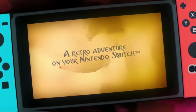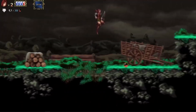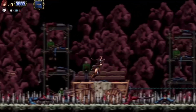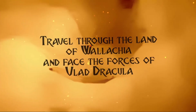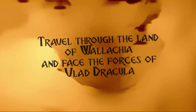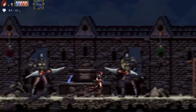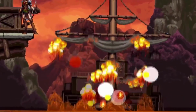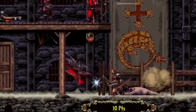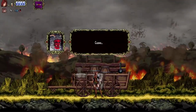Now, overall, this is a really solid 2D action side-scrolling platformer. On top of it, by its thematic and also its visuals, you can easily see that it's been heavily inspired by Castlevania. Although it does do its own thing with a bow and arrow as a main weapon rather than a whip, Wallachia: Reign of Dracula honestly does feel like almost a spiritual successor to Super Castlevania. Overall, for any fan of 2D retro action games, I'd be highly surprised if you're disappointed with Wallachia, especially